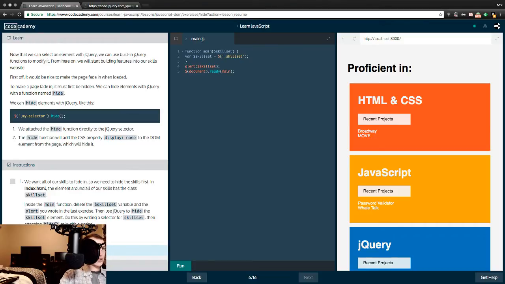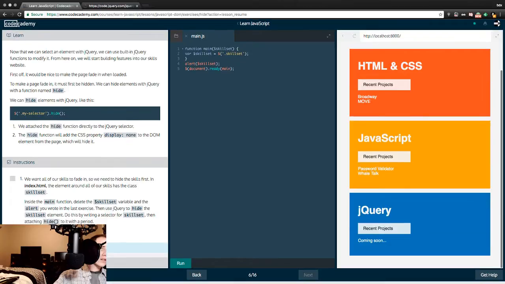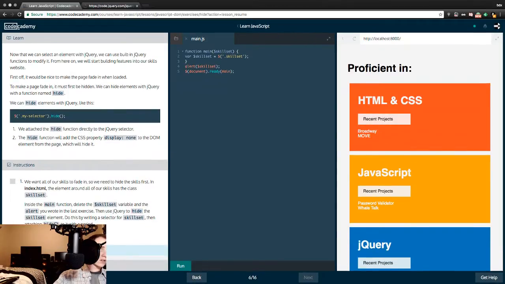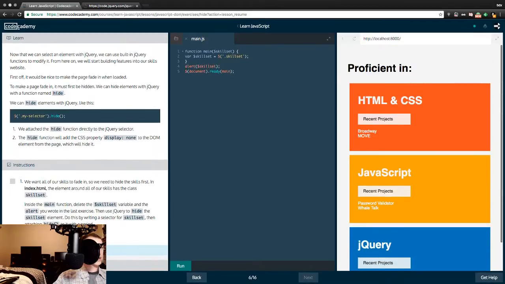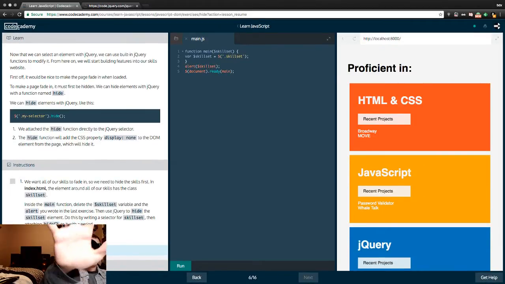From here on, we will start building features into our skills website. Is that what this is? Oh, it is a skills website. I didn't even look at this for all the last 6 sections. Didn't even notice the right side of the page. The whole mic area webcam is blocking it, so anywho. From here on, we will start building features into our skills website. First off, it would be nice to make a page fade